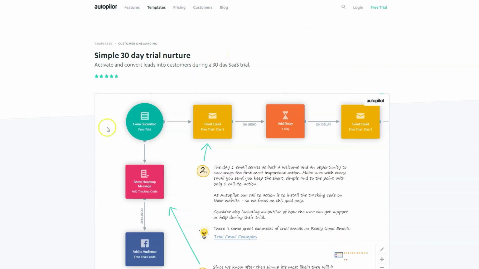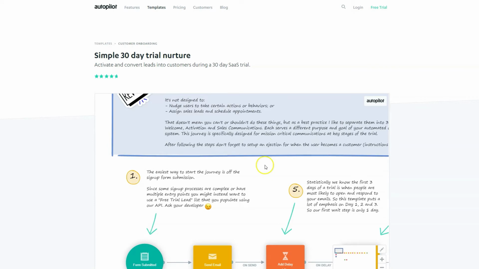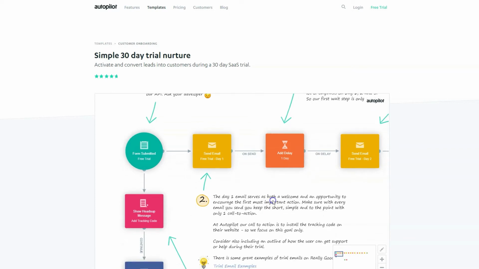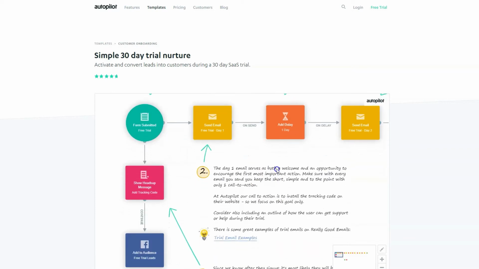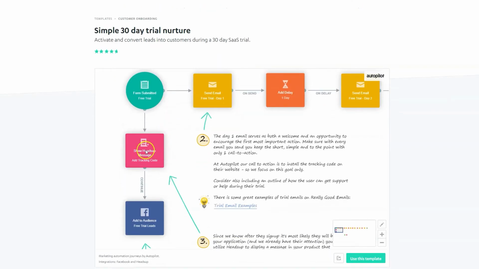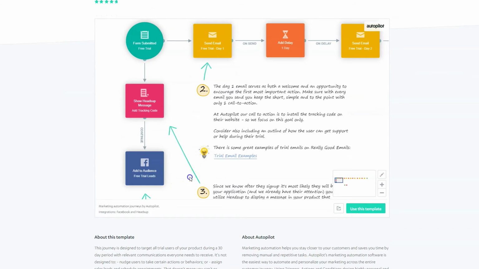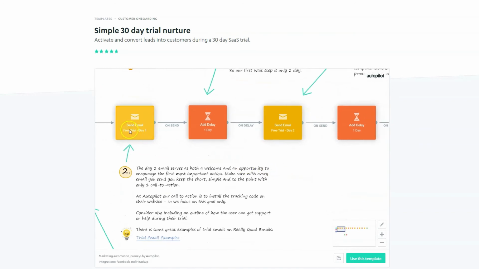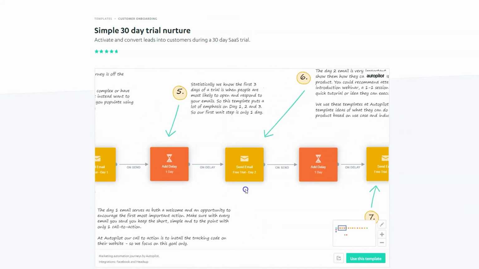Another one we can look at though is a 30-day trial nurturing campaign. So let's say you have a software and you're letting people demo it or trial it for free for 30 days. This is what you could do. So first off, you'll notice as soon as someone submits a form signing up for the free trial, there are 2 different courses of action that begin simultaneously. First, an email is sent, and we'll go down this track in a moment, but then also they're sent a message, a heads-up message, and they're added to a Facebook custom audience, which is also very handy for remarketing. Now, following up on that email, the free trial email is sent and there's a 1-day delay, and after that delay,